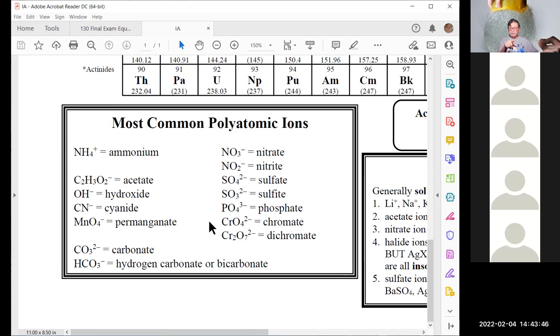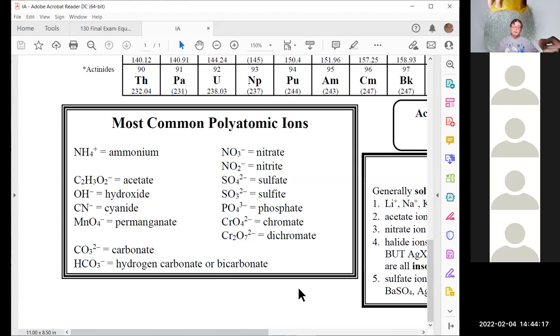Notice that they all have a charge, superscript charge, but these are called polyatomic ions. Normally, ions are made up of single elements, like sodium by itself, chloride by itself. So there are ions that are bonded together and have an overall charge, and this is one of them. Okay, so this is polyatomic ions, and be familiar with these because we're going to be able to